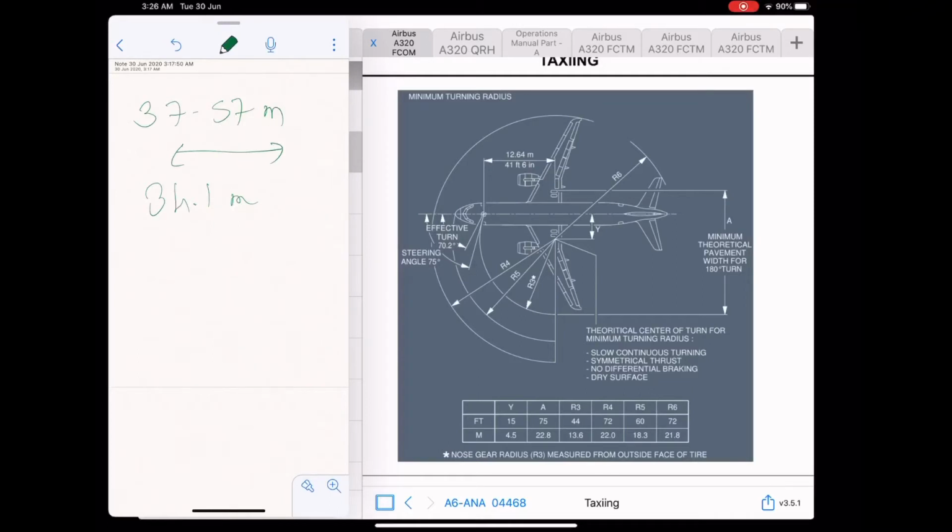Just to understand basically what is the minimum width of the taxiway or the runway which you require in order to make a complete 180 degree or 360